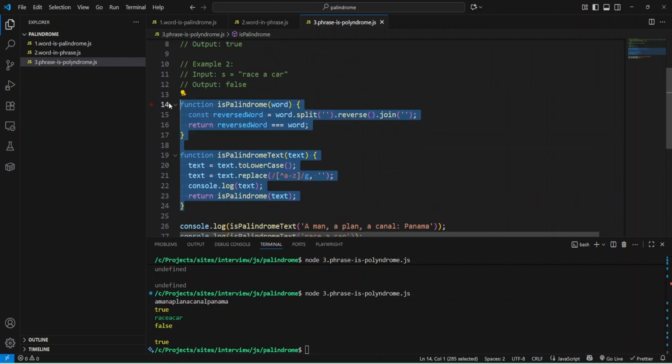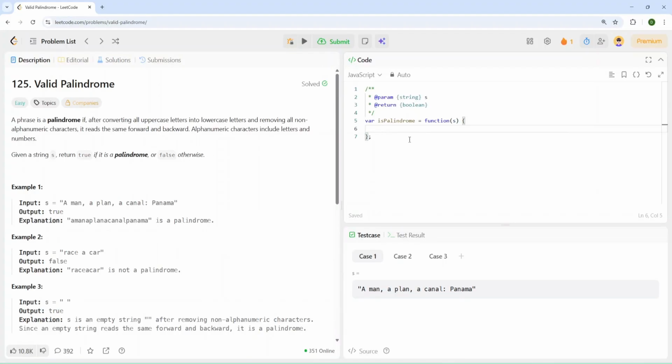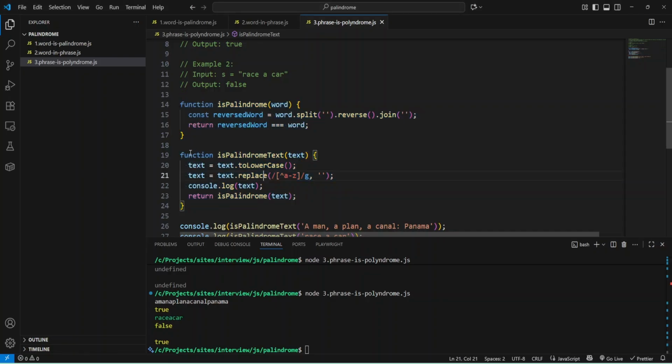Let's copy this code, and I found it on LeetCode, and as you can see, it is palindrome, and let's modify this a bit and try it on LeetCode. I will leave this function.